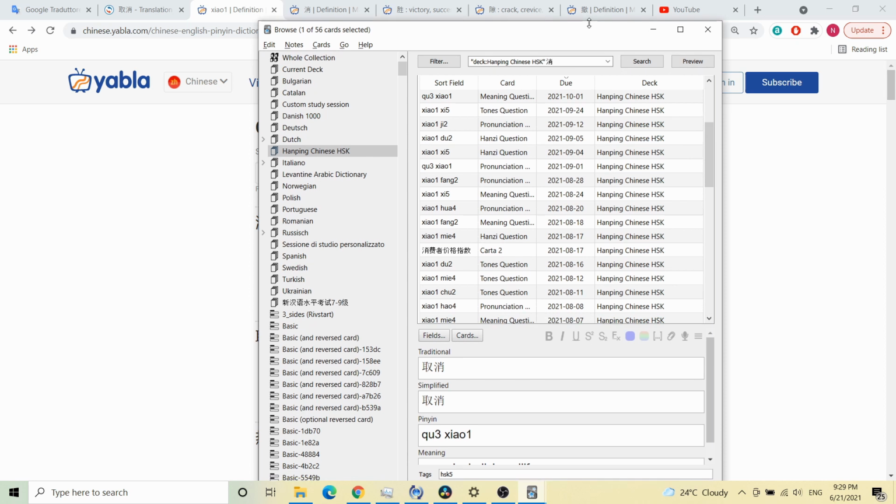Last caveat I can mention, obviously this does not in any way replace mass reading, mass listening, mass speaking. None of this is going to get you fluent in Chinese by itself. But if you do use a program like Anki, and I do for something like Chinese, I highly recommend you do, this would absolutely help you speed up the rate at which you can learn